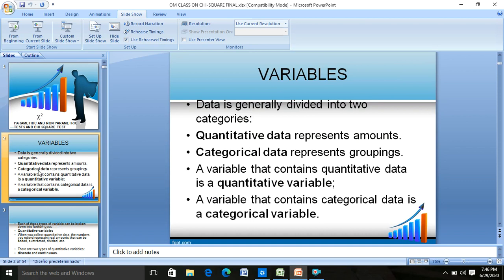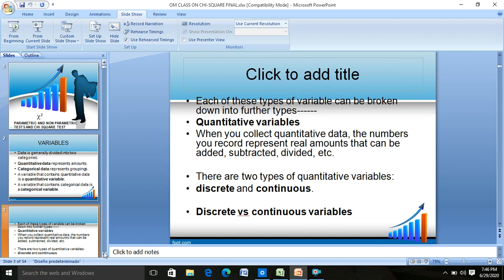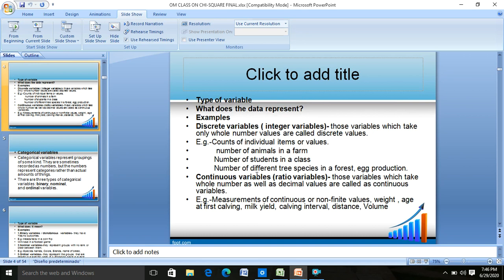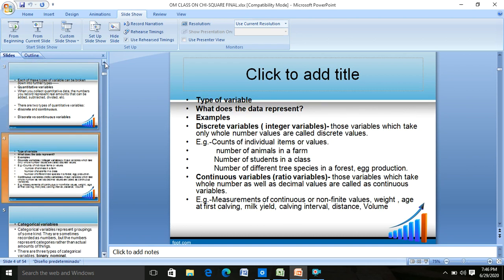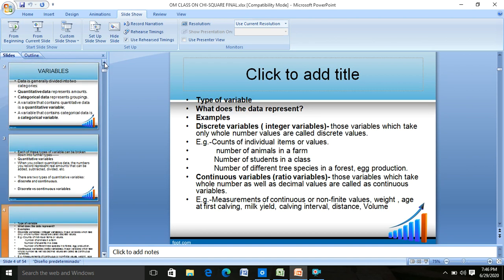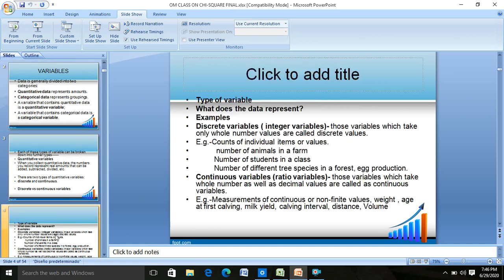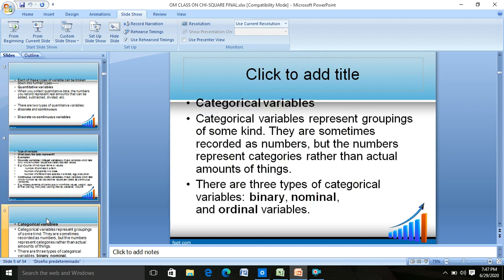When you talk about quantitative or continuous variables, you just now learnt about quantitative variables, and then you came to know about the discrete and continuous variables, and they both were types of quantitative variables. Then you came to know about another type of variable. In the beginning we had talked about it: the non-quantitative or qualitative variables. They're also called categorical variables. The categorical variables can be categorized into three types: binary, nominal, and ordinal.